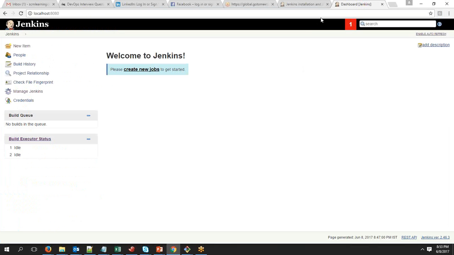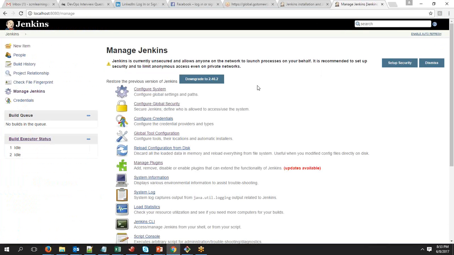First, let me walk you through the plugin configuration. On the Jenkins homepage, you can see an option called Manage Jenkins. This is what we will always be using to create or modify anything. If you click on Manage Jenkins, it gives you a lot of options. In that, if you want to do the global configuration, you will use it. Suppose you want to specify who should and should not be using Jenkins, you can set those details through Global Security. And on the latest versions, additionally,